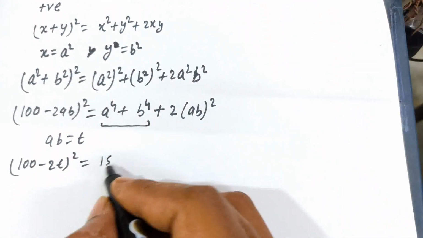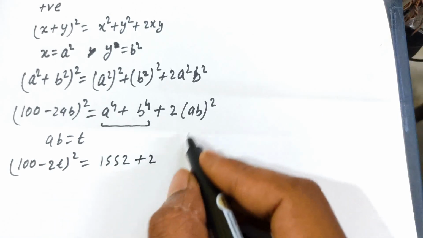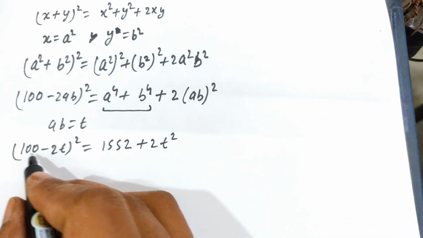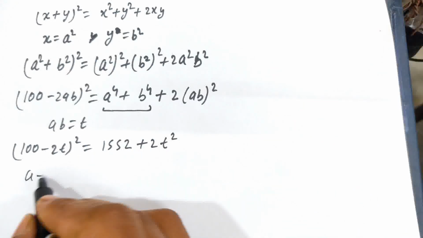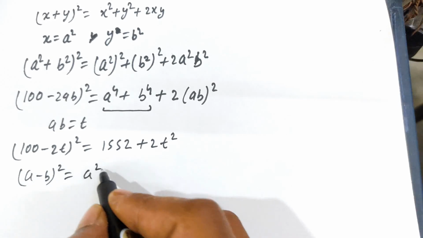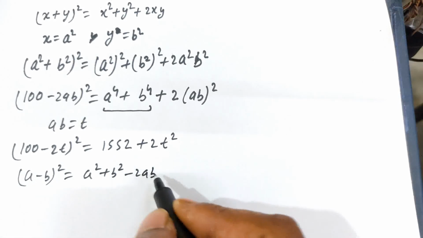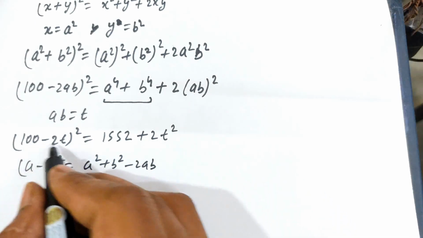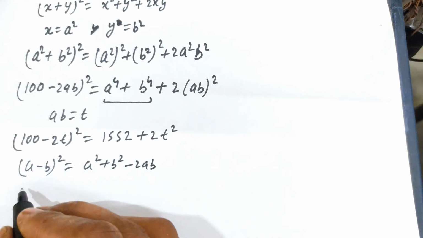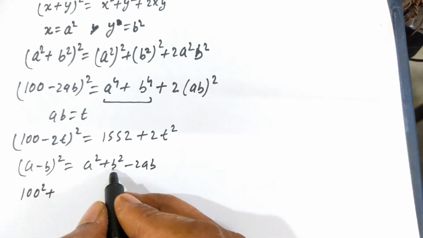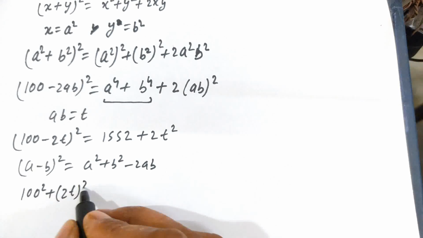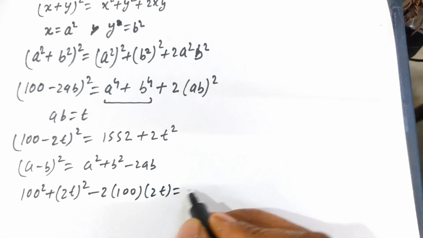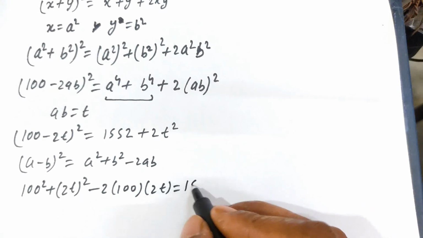So students, here 1552 plus 2 times t square, where a times b is replaced by t. And we know that (a minus b) whole square is equals to a square plus b square minus 2 times ab. By using this algebraic identity, 100 is a and 2 times t is b, then (a minus b) whole square, the value of a that is 100 square, b that is (2 times t) square, minus 2 times a times b, that is 2 times 100 times 2 times t, and this is equals to, in the right hand side